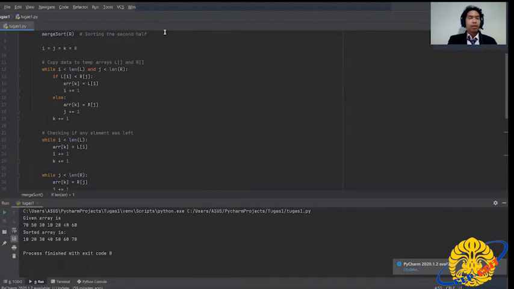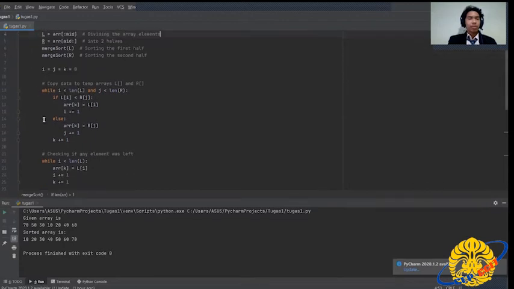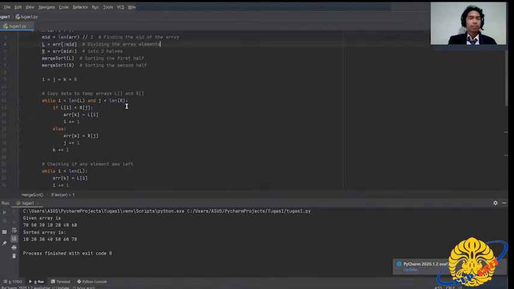So here, while i is less than the length of the left array, for example, if the array has 8 values, since first we divide it by 2, the left side will have 4 elements, and the right side will have another 4. Since we already gave i the value 0,